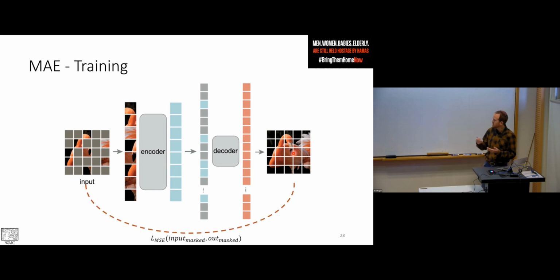And the loss is very simple. Just match those masked tokens. So how many tokens should we mask out? If we mask too few, the task would be very easy and we won't learn anything. If we mask too much, then the task is impossible and the model won't learn. So they tried several